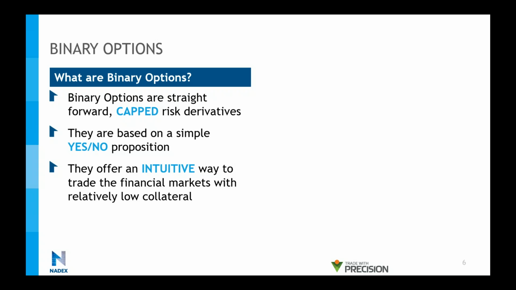A binary contract always has a strike price, and the only question that you have to answer yourself at the expiry date of that option: will the price of the underlying market be above the strike price, yes or no? And that's it, simple as that. It's not how deep in the money the underlying market should be, which means how far beyond the strike price the underlying market is trading. It doesn't matter. If it's in the money, price is trading above the strike price, it's a yes decision, it's a $100 payout on that contract. If it's a no decision, which means the price is trading below or at the strike price, it's a $0